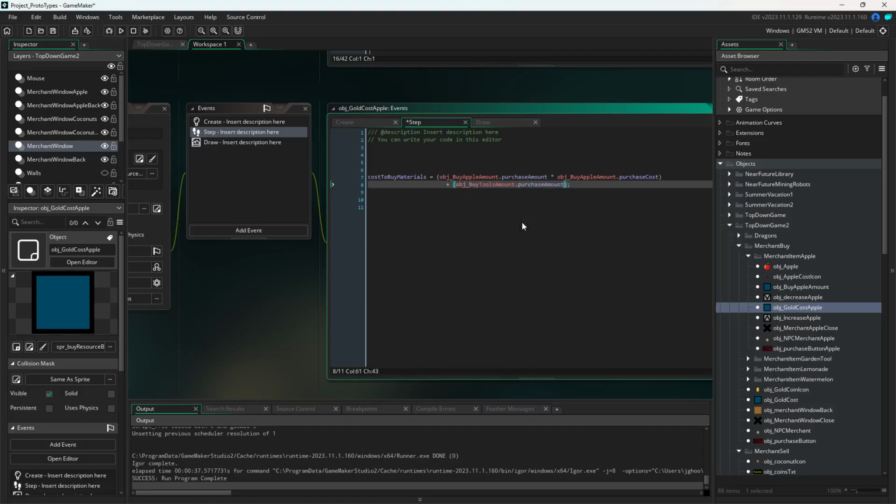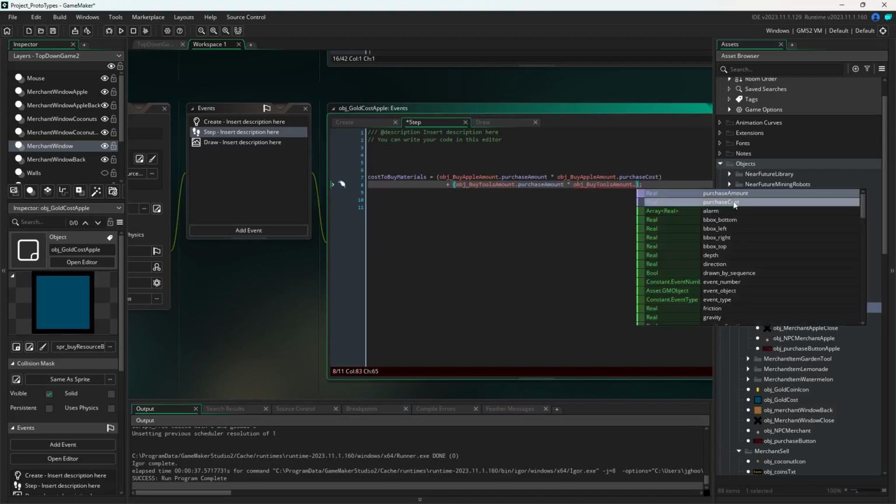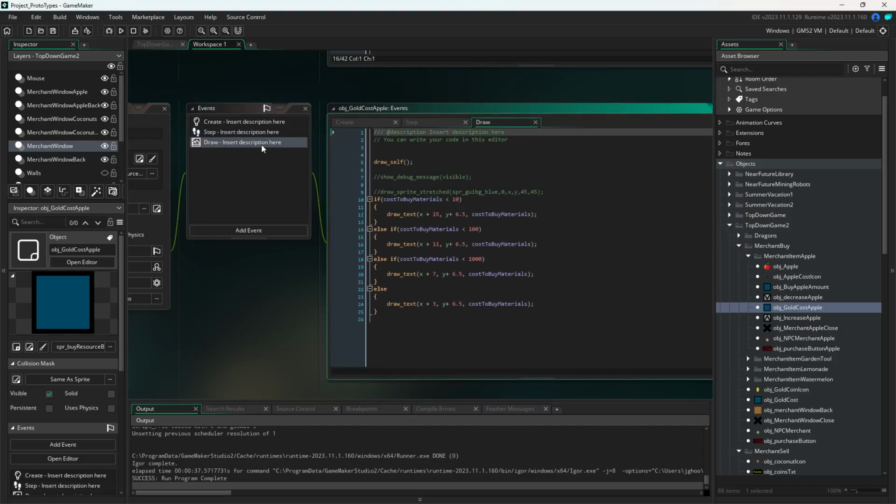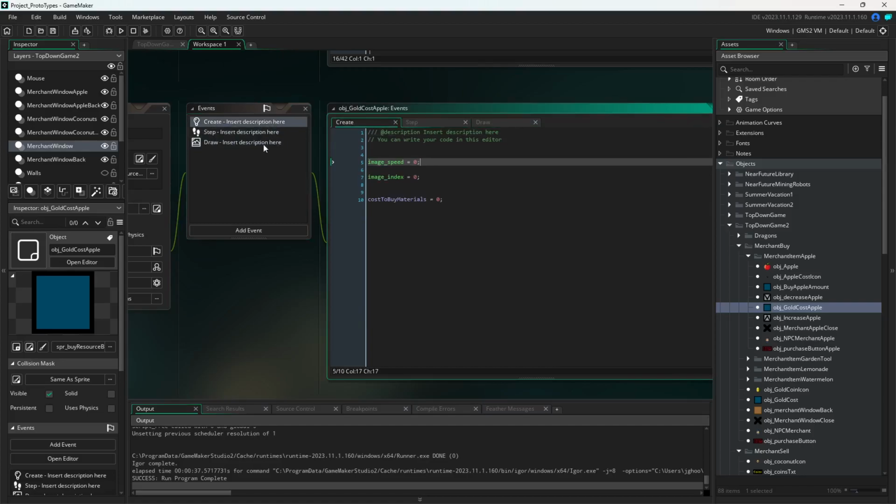We need purchase amount times, we just need this dot purchase cost. Oh my gosh, I just duplicated that. There we go. Now that should add to our purchase cost at the bottom, but that doesn't mean that we're